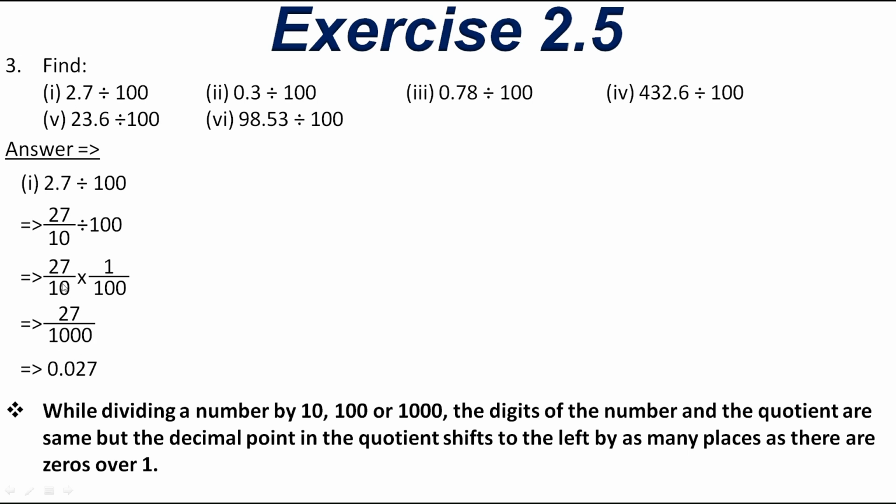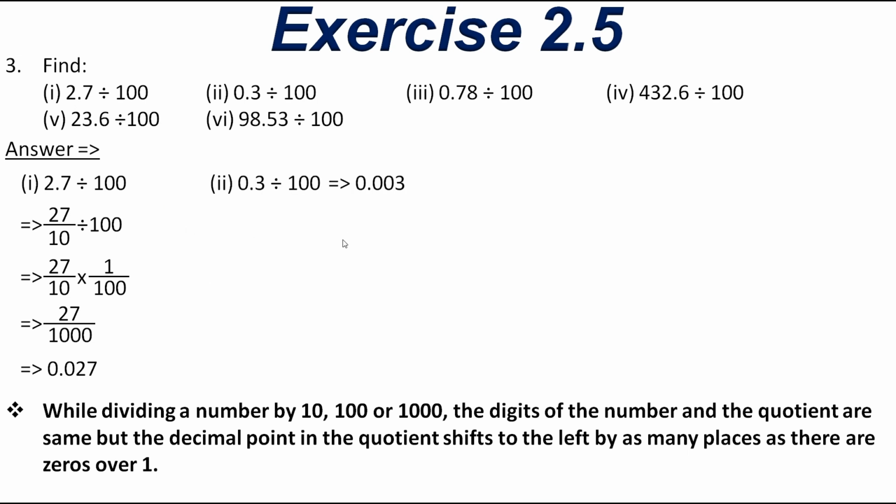So see here, the decimal point got shifted by 2 digits, right? Here it got shifted by 2 digits towards the left side. Why? Because we had 100 here. Now let's use this rule and solve the next one, that is 0.3 divided by 100, and we get the